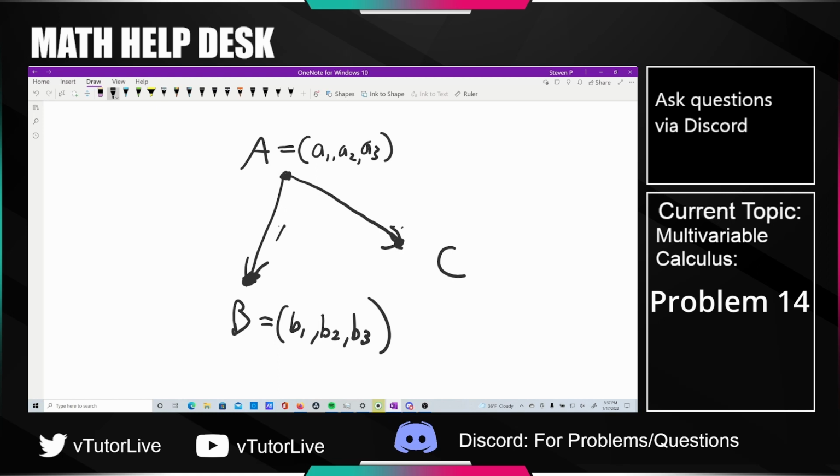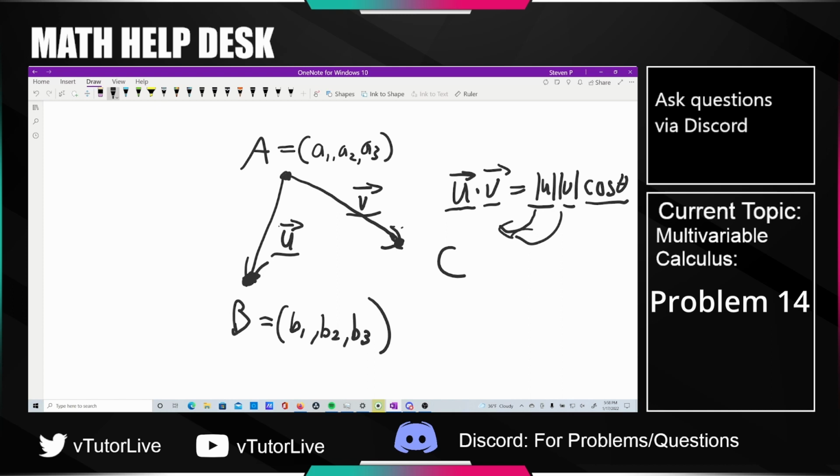Once you know the vector, we'll call it vector A. Maybe let's just call that vector u instead and call this vector v. I know it's the same, but it does help. Exactly. Once you have vectors u and v, at this point you can just use the dot product stuff that we were just talking about, right? So u dotted with v, and again, you literally know what these are, is equal to the magnitude of u times the magnitude of v times cosine theta. You know them because you calculate the vector based on taking the difference of the points. Cosine theta is what we're trying to solve for, and we know everything else. So just divide that over and solve for cosine theta,